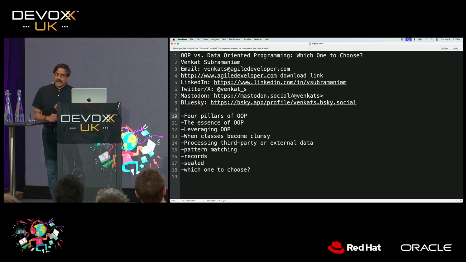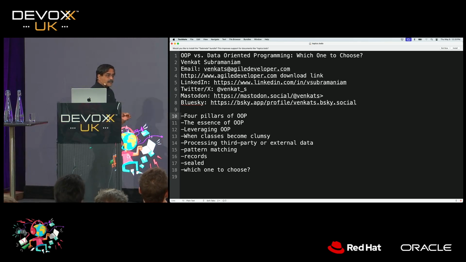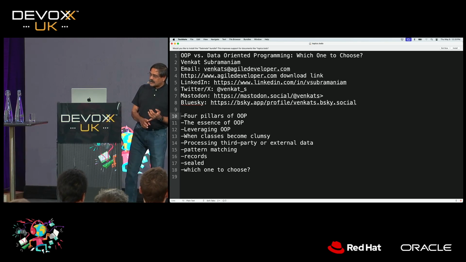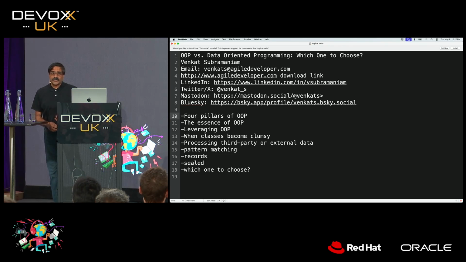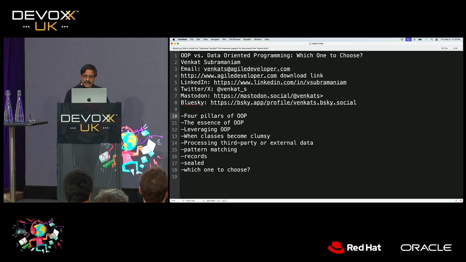We'll talk a little bit about OOP. We'll talk about when it's a good opportunity to use it. We'll talk about when it may fall on its face, why we should maybe consider a different way to do things. And then we'll talk about the pros and cons, and then we'll wrap it up.